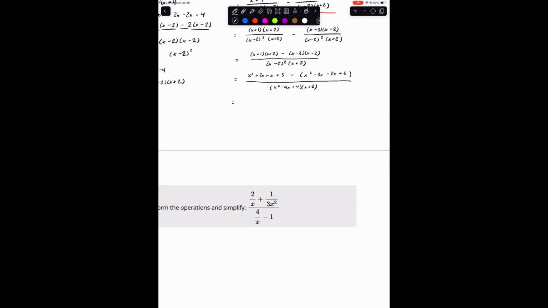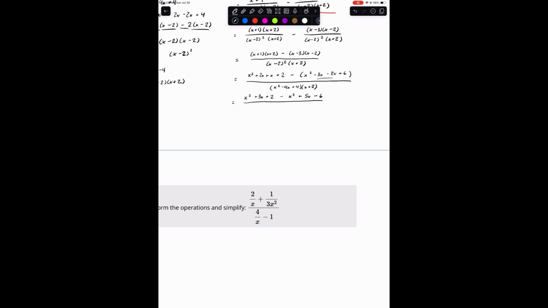Keep going. So x squared plus 3x plus 3. That should not be 3, that should be a 2, right? 2 minus x squared plus, so this is 5x, right? So this is minus 5x, so negative negative is plus 5x minus 6